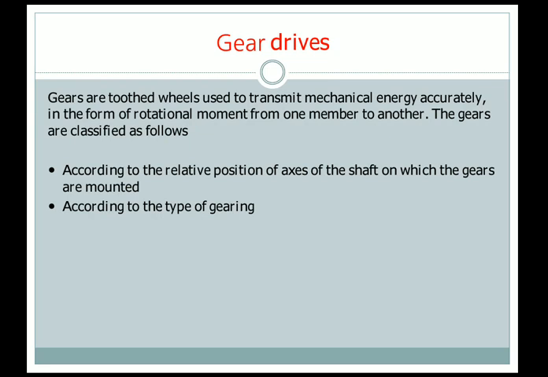So gears are toothed wheels which are used to transmit mechanical energy, in the form of rotational movement, from one member to another. That is, it is a circular object which consists of a number of teeth on its circumference. If the same arrangement of gear teeth are brought in contact with each other, then the rotation of one gear is transferred to the rotation of the adjacent gear. So here the mechanical energy can be transferred from one rotating member to the adjacent rotating member. The adjacent rotating member we will call the mating part.